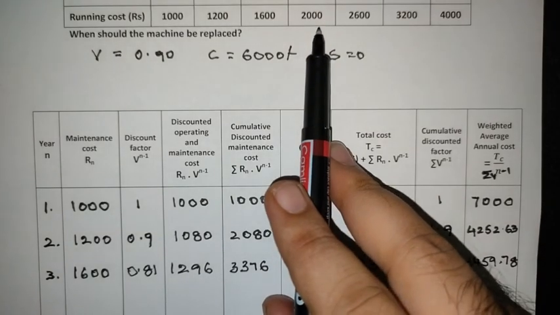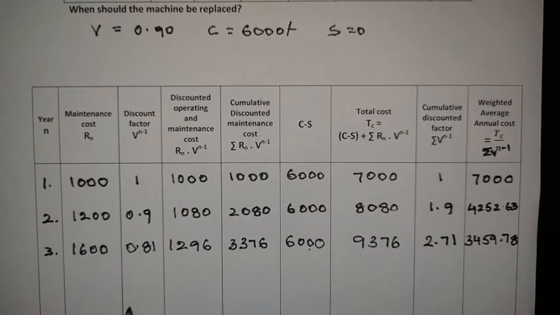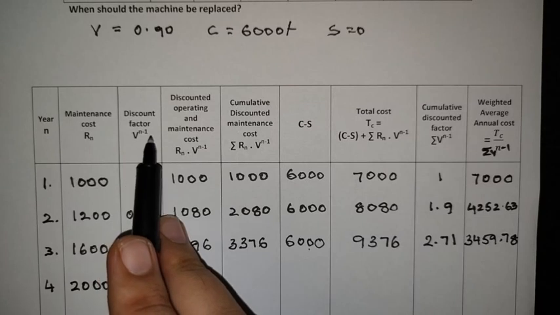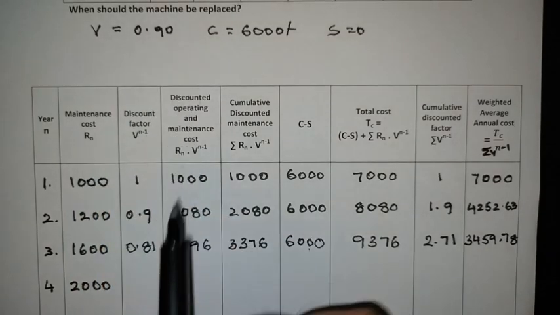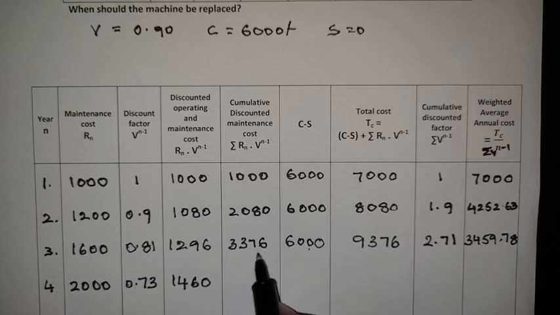What is the fourth year maintenance cost? 2000 rupees. So calculate for that. V power n minus 1, that means v power 4 minus 1 means v cube. So 0.9 cube you will get as 0.73. Next, Rn into v power n minus 1, you will get 1460. Next, sigma 3376 plus 1470, you will get